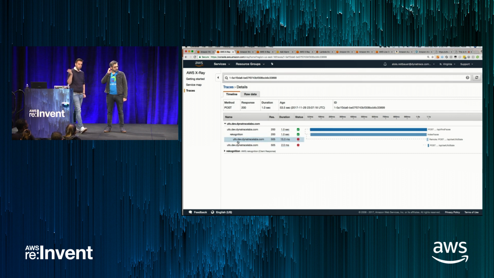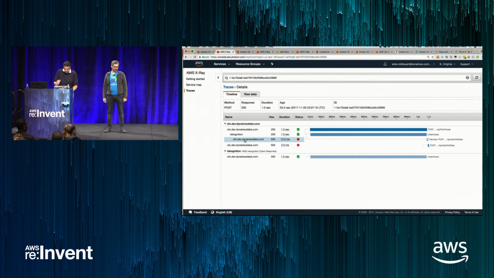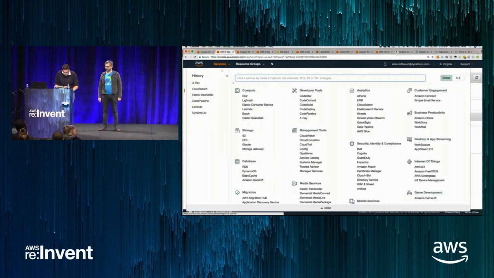The recognition call went fine, but the backend call to the UFO failed. And if I would look at all of the other traces, I would realize that this is the reason why it's not working. Okay, now we have looked at the trace data, and now we have to find out what's really going on here. So I'm going over to my Lambda function,